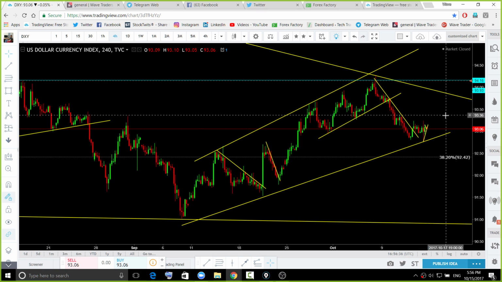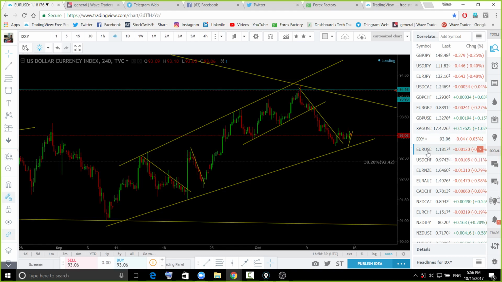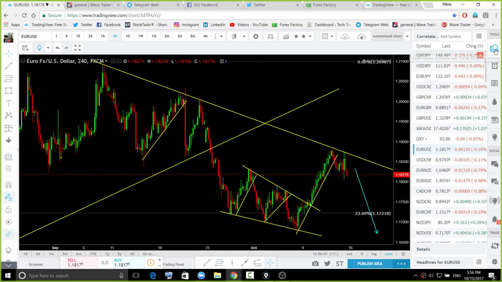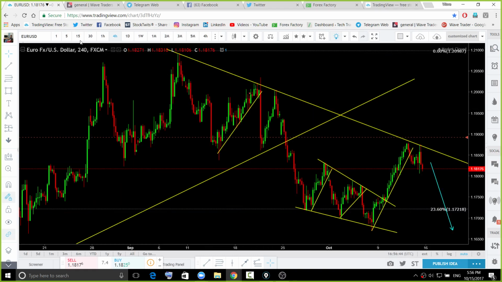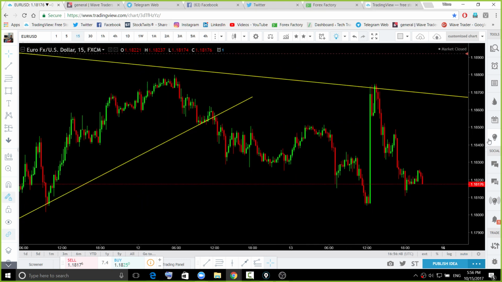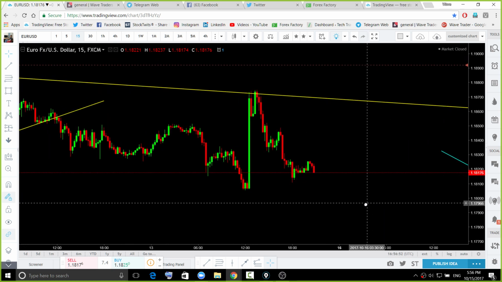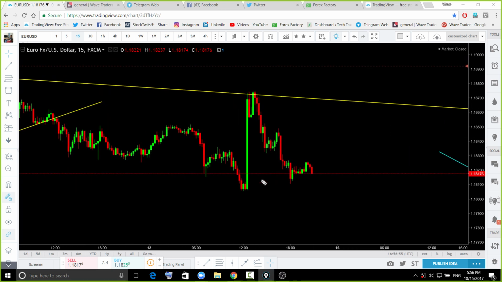So far it is at the price action point, and we need to watch the price action. EUR/USD is quite similar to the DXY. So which trade setup on the lower time frame do you need to look for? A short-term buy. Where is the invalidation point? The invalidation point is this. If price closes below this area, this buy setup is going to be invalidated. So watch price action.